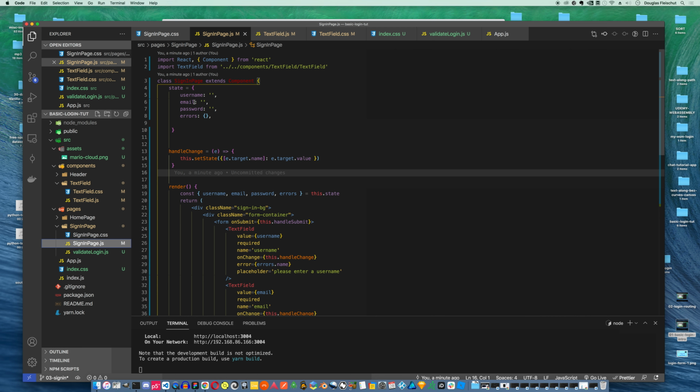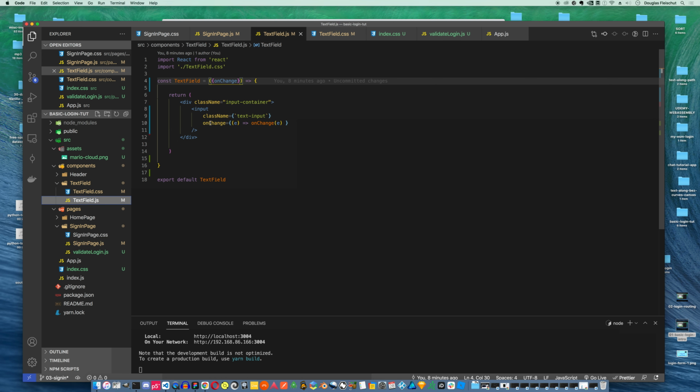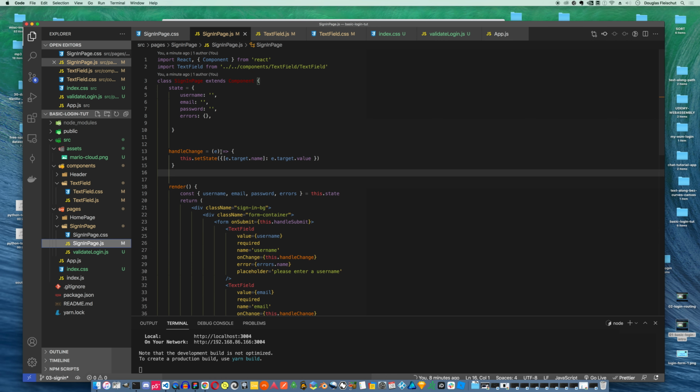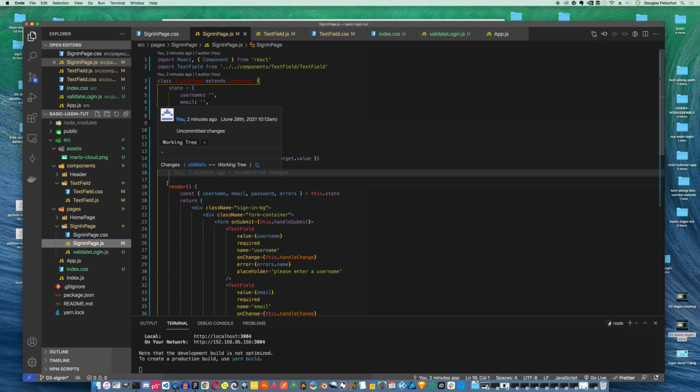We're updating the state here, but we're also updating the state here, right? So we call this onChange method, and as we update our state here, we pass that value back down into here. Now when we hit handle submit, we can also update our